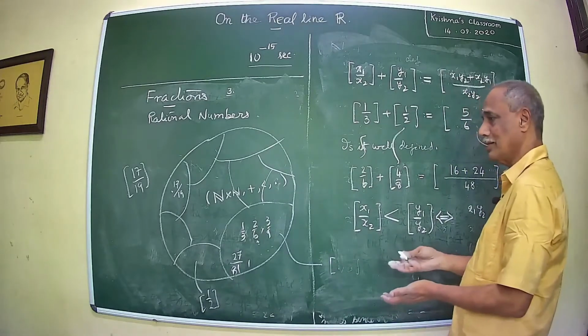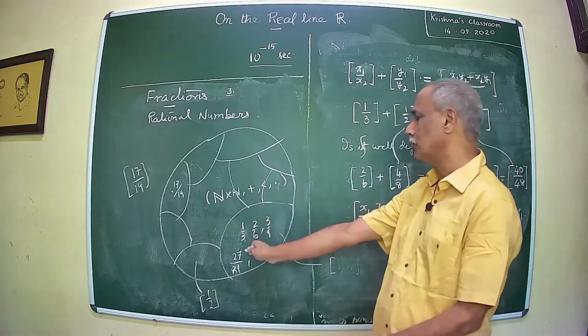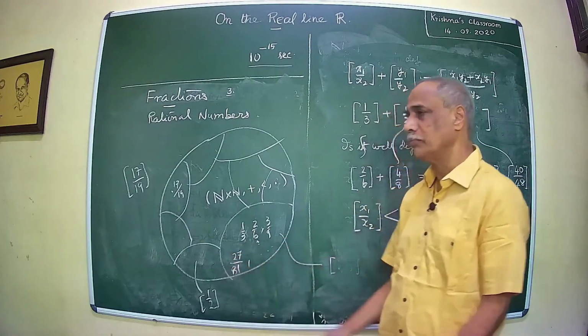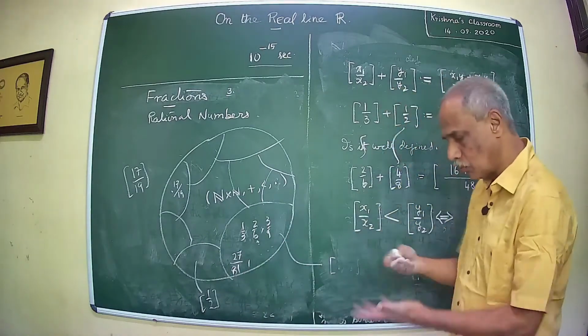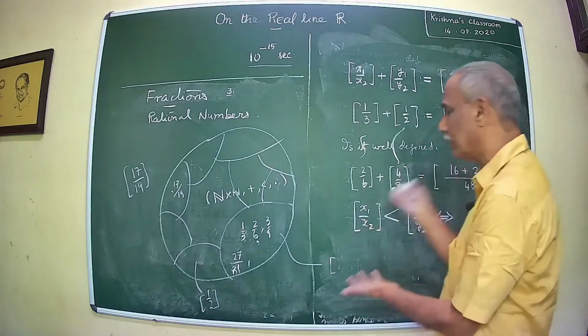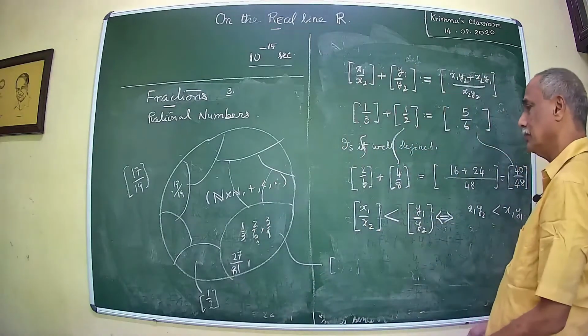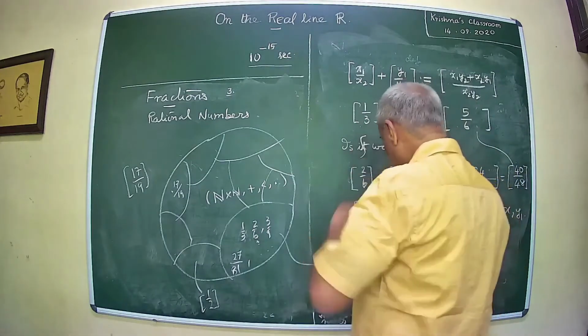You don't have to worry, one person might pick up 2 by 6 to represent this. Another person might take up 27 by 81 to represent this. No matter who takes part, addition is well defined, the order structure is well defined,